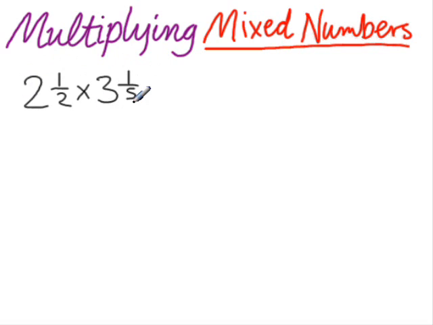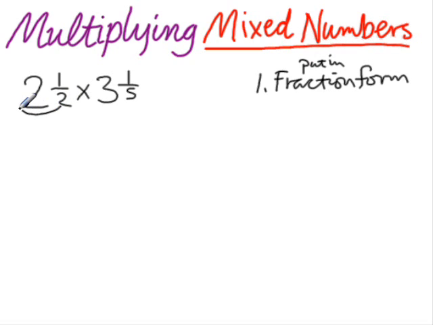The first step is to put them in fraction form. And I'm going to jot that down here because we want to remember that. Put them in fraction form. So 2 times 2 is 4 plus 1 will give us 5, 5/2. And 5 times 3 is 15 plus 1 is